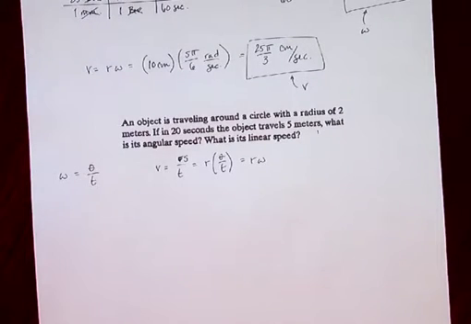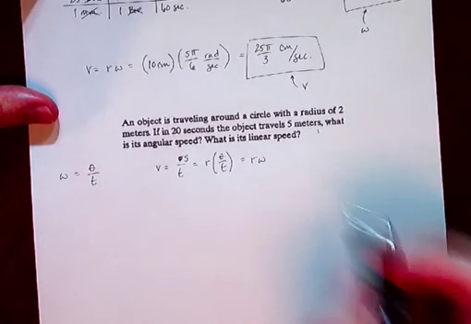Now the question is, which one is easiest to find first? Well, it doesn't really matter how we riddle this out. I would actually go for the linear velocity first,